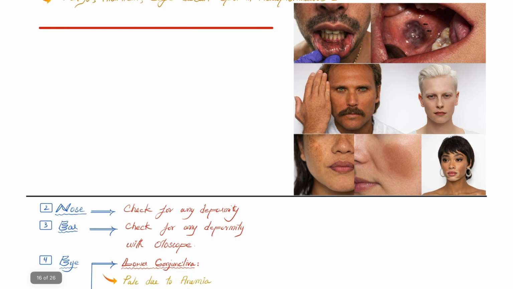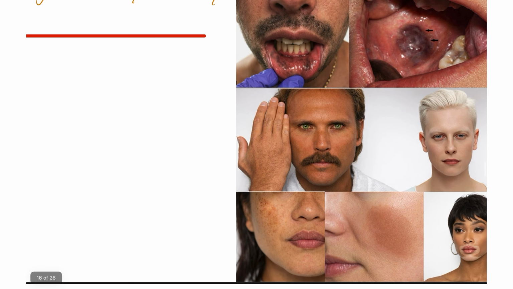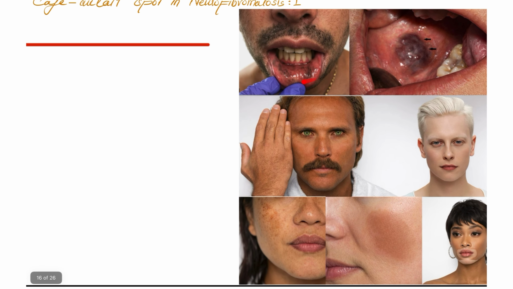As you see in the picture, it is dark brown pigmentation in Addison's disease and bluish discoloration of buccal mucosa, which is common in dark colored people and neurofibromatosis type 1. Then grayish-bronze pigmentation in hemochromatosis, albinism. Then coming down, this is melasma and café-au-lait spot in NF1. And the last one is vitiligo.